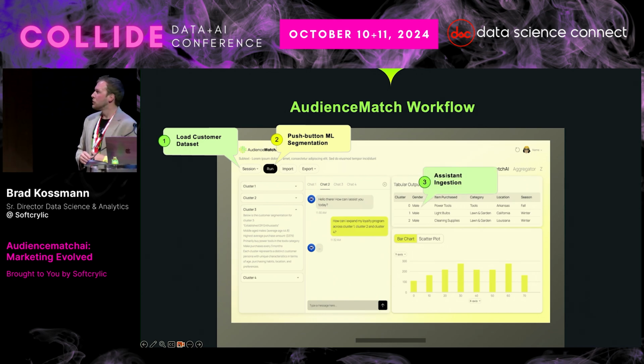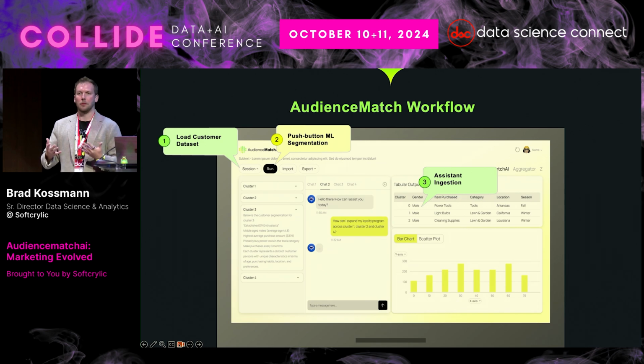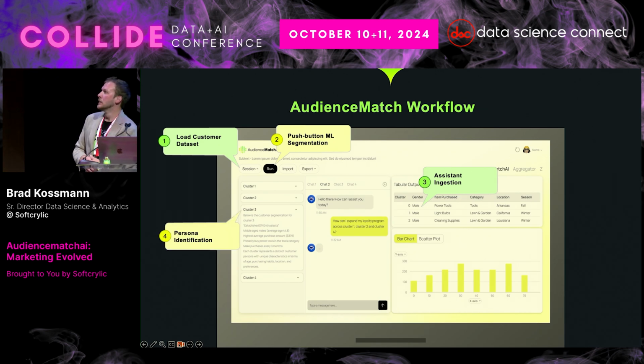Once the segmentation runs, the outputs of that segmentation are fed into an LLM, and the LLM ingests those and is able to then interact with you freely about strategizing, persona identification, and other things that are absolutely essential to the marketing strategy lifecycle.